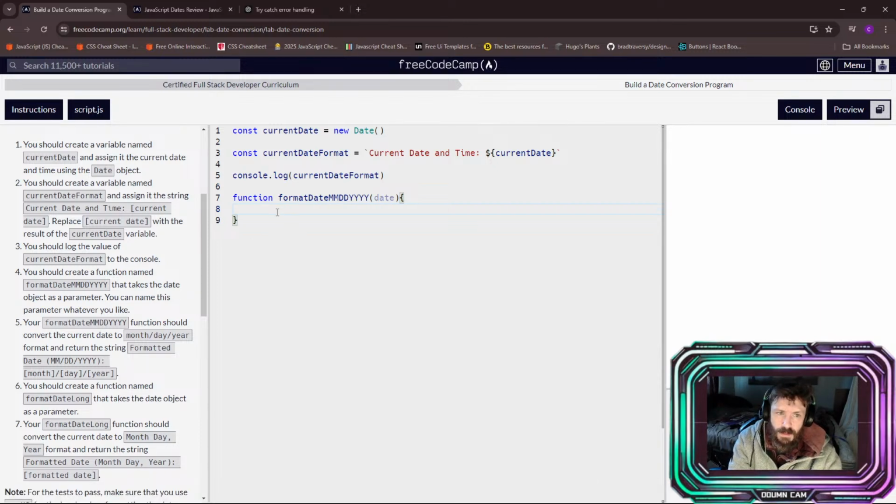So to do that, we'll take the date and bring it in as